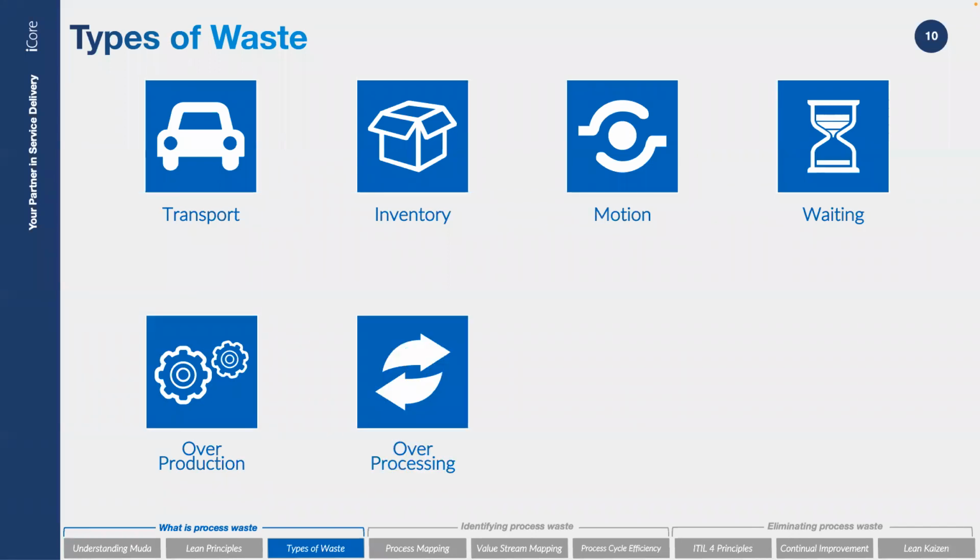Overproduction and over processing. Overproduction waste can occur when data or reports are produced that are not needed, or even requested by stakeholders. And think how much time we spend on reporting in IT constantly, even though now really managers can just pull this information from whatever systems you have anyway. But this is one of the things we need to look at. Over processing waste can occur when data is collected in a process that's not necessary for the process. So we got there.